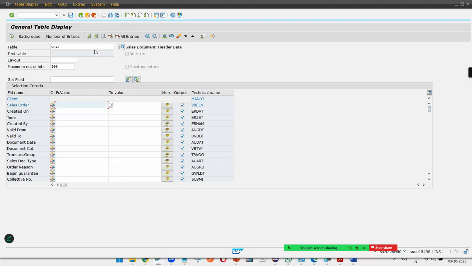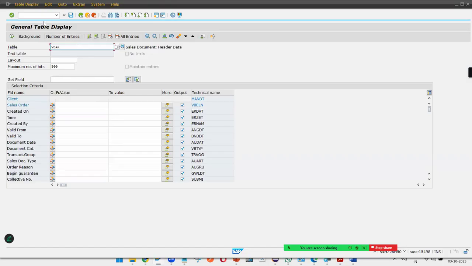Okay, I said sales is also there. Delivery is there, I remember. One of my colleagues did that. So now I can go to this one, VBAK. If I want to do that, instead of doing one record manually, if I want to do multiple records, I can go to the transaction